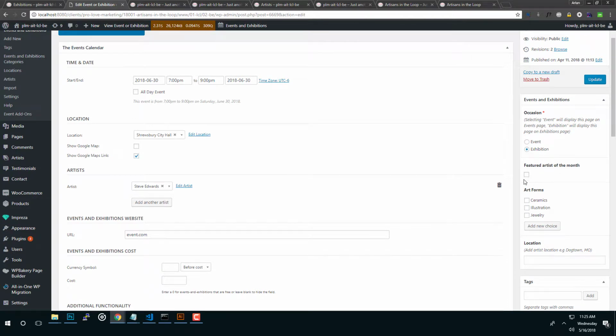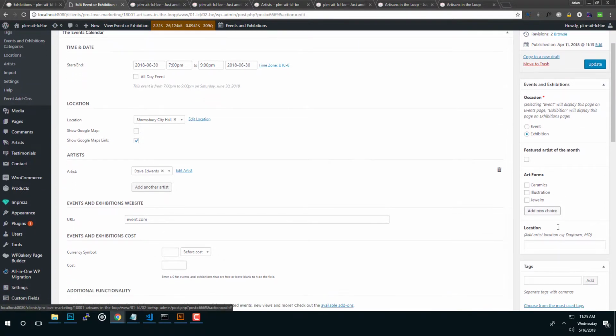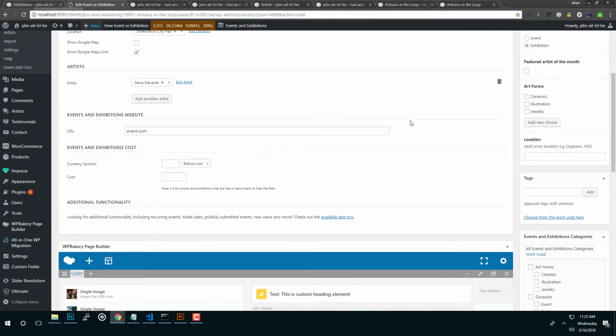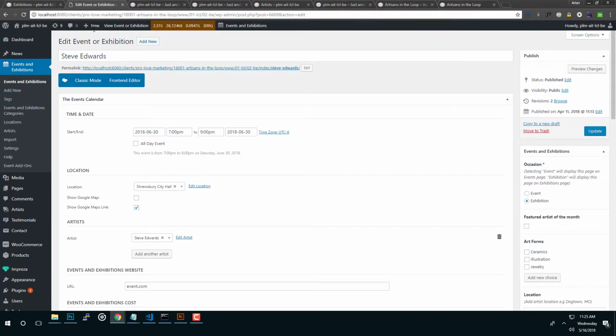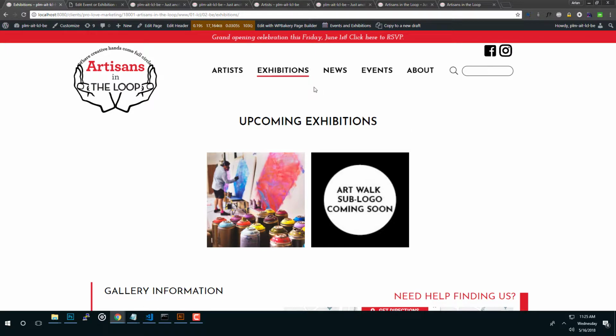The other section is where the admin can add new options, locations, and depending on what's selected here, this will be displayed. If exhibition is on this side,